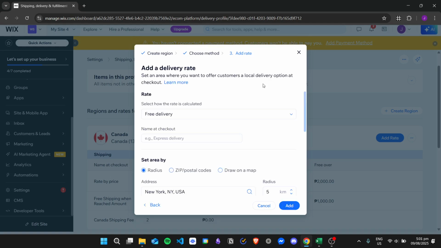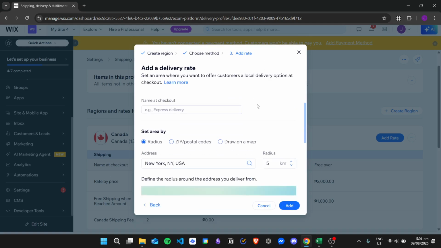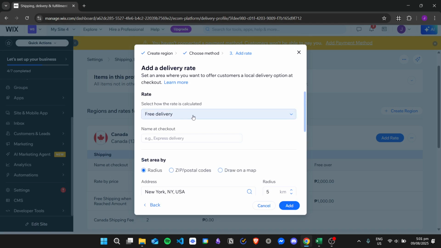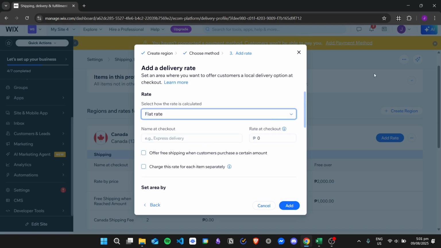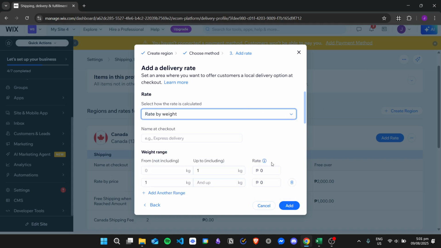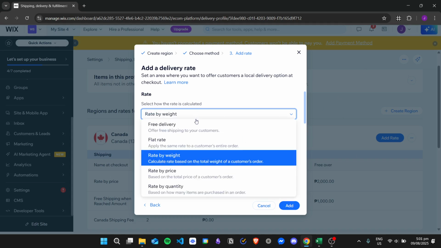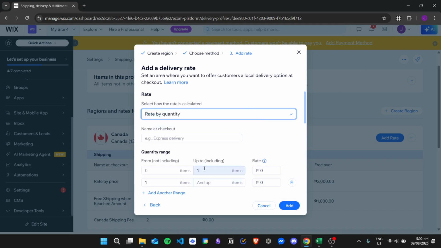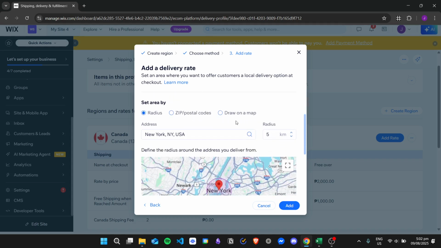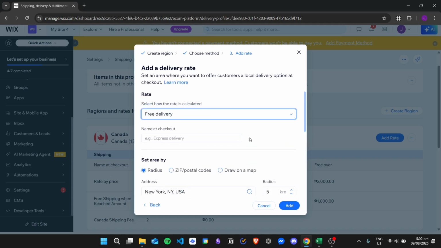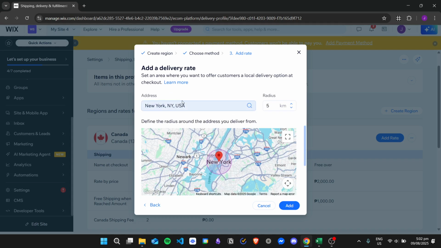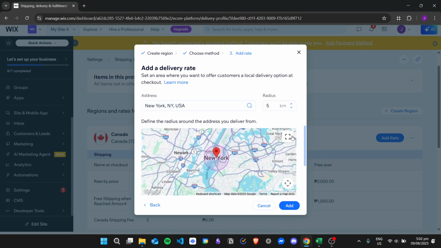And then from here, we will add a rate. So you can choose if you want to have a free delivery, or you can have a flat rate, or rate by the weight of your product, rate by price, or rate by quantity. So it depends on your specific preference. So for example, I want to have free delivery, and then the address will be right here in New York, USA, or you can drag this specific